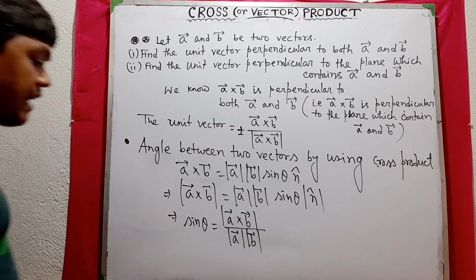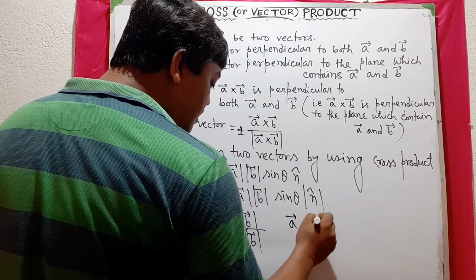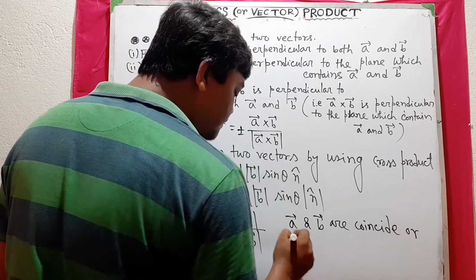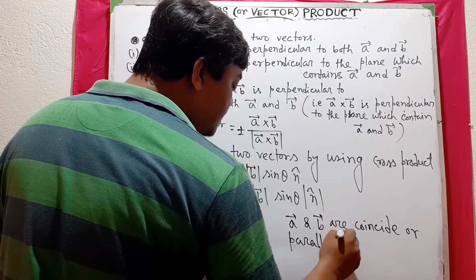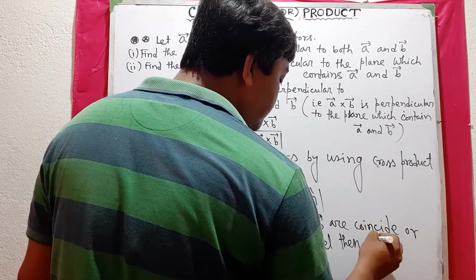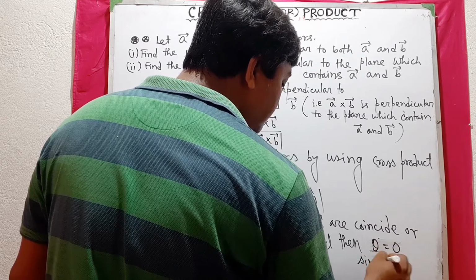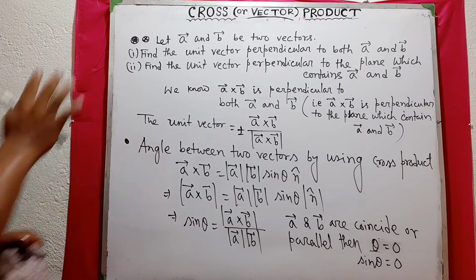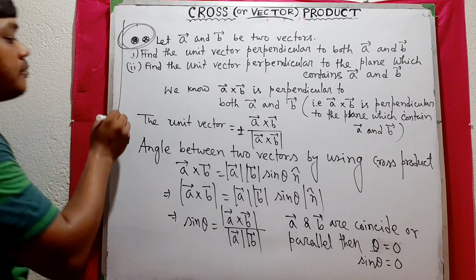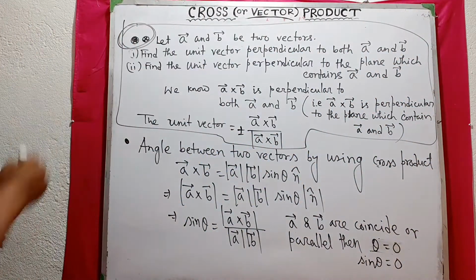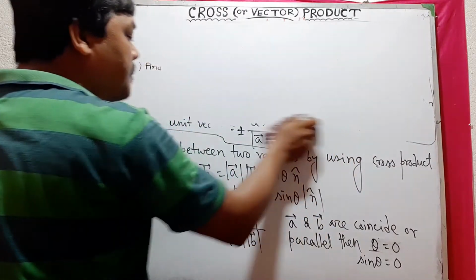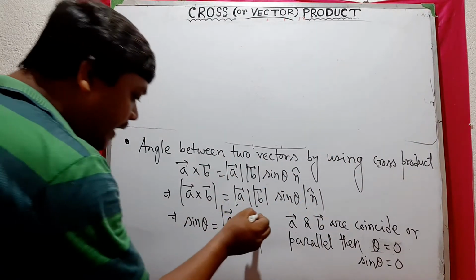Okay, and if sin theta equals to 0, A and B coincide or parallel, then sin theta equals to 0, then theta equals to 0. সো sin থিটা ইকুয়ালস টু 0। উপরের পার্টটা আমরা করে ফেলেছি। আমরা উপরে যে পার্টটা আছে সেটা কিন্তু খুব ইম্পর্টেন্ট, আমি এটাকে বারবার মেনশন করছি, খুব ইম্পর্টেন্ট। এই রেজাল্টটাকে তোমরা একদম মাথায় গেঁথে নাও, একটা কোশ্চেন কিন্তু সমস্ত পরীক্ষায় আসে। ওকে, তো আমি উপরের পার্টটা ইরেজ করে দিই। নেক্সট যেটা হচ্ছে আমরা যেটা ক্যালকুলেট করছি যে অ্যাঙ্গেলটা কিভাবে বার করতে হয়। তো অফকোর্স sin থিটা ইকুয়াল টু এটা দেওয়া থাকলে এখান থেকে আমরা অ্যাঙ্গেলটা বার করতে পারবো।